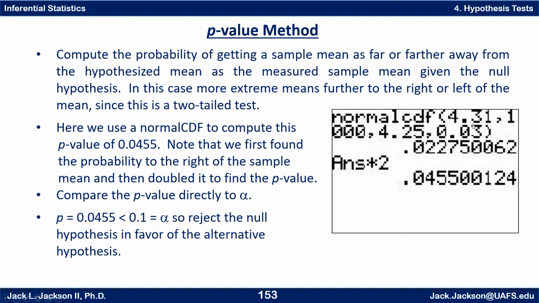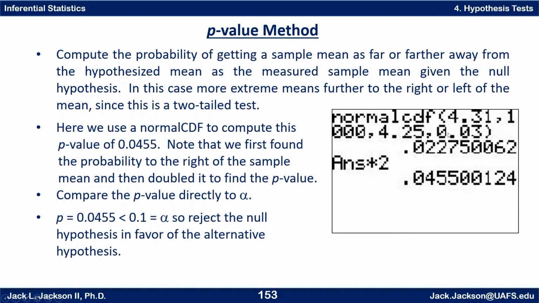So here I just did 4.31. I went way to the right, say 1,000. Something really should be infinity, but we can't put in infinity there. Of course, you could have used mean plus 10 standard deviations. At this point, that would have been about 4.55, which would have been just as good as 1,000 here. Okay, 1,000 works. And so I'm finding the probability from 4.31 to 1,000, or basically to the right forever, with